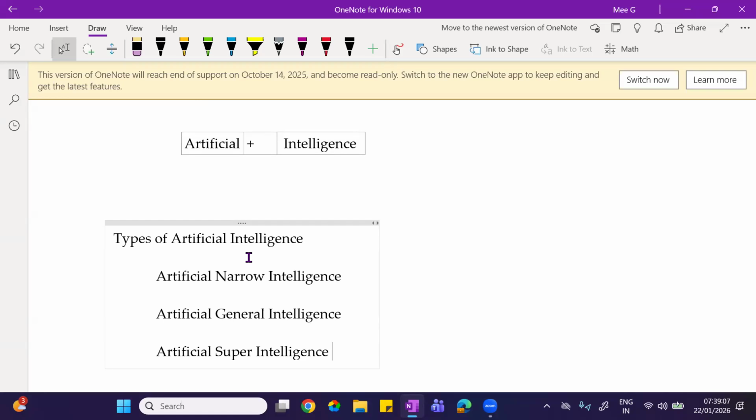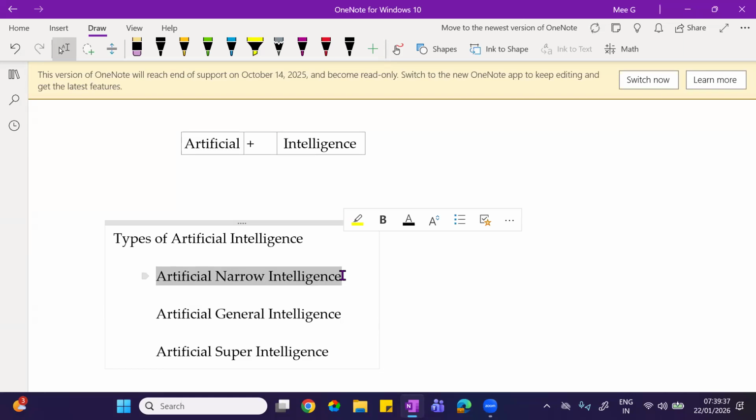So what is the difference between them? Artificial narrow intelligence is a very basic form of AI, and it comes under the category of artificial narrow intelligence.